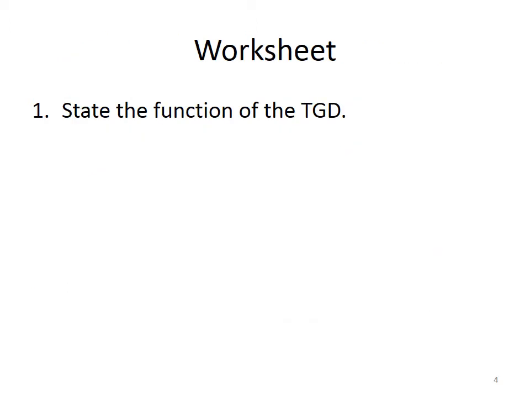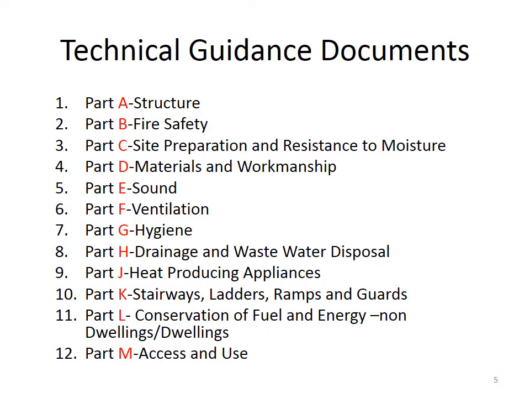Worksheet. Question 1. State the function of the technical guidance documents. Technical guidance documents. As I've said already, there are 12 of them altogether. Part A, B, C, D, E, F, G, H. There is no Part I because they thought that Part I would get confused maybe with Part J or Part L. So there's no Part I, so it's A, B, C, D, E, F, G, H, J, K, L and